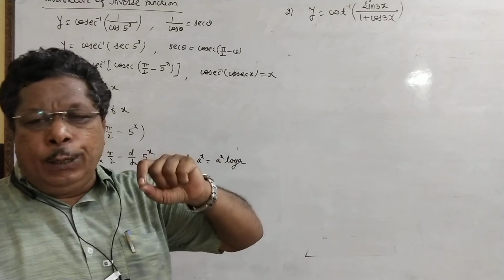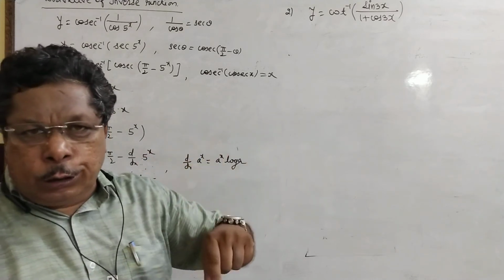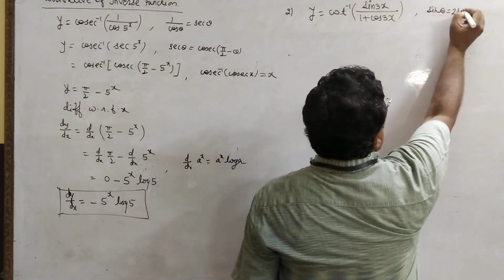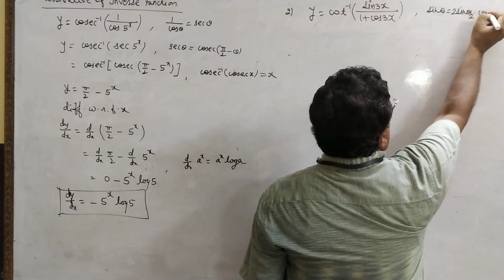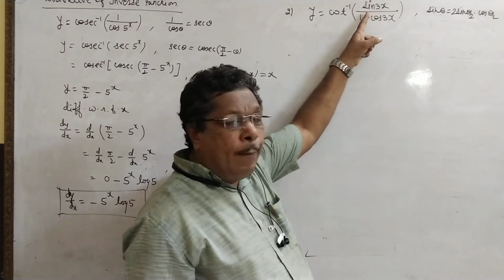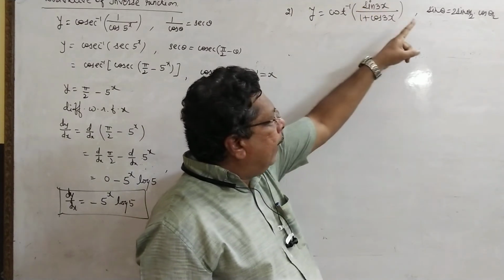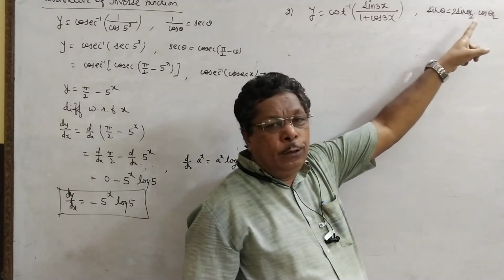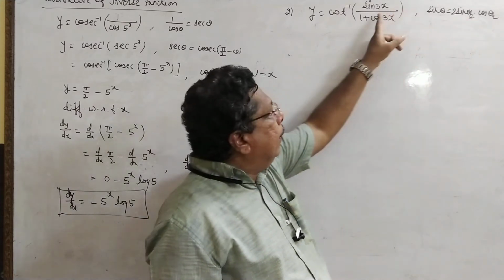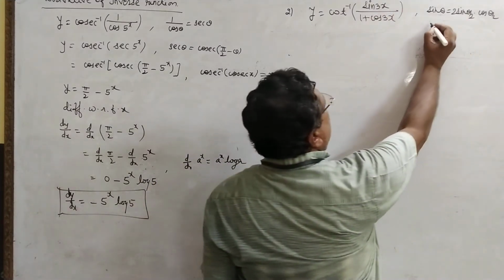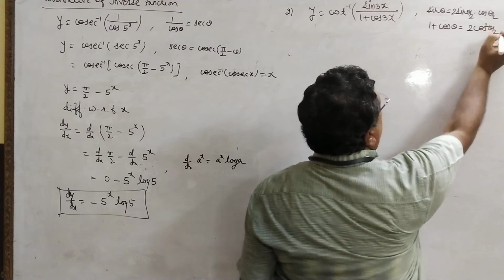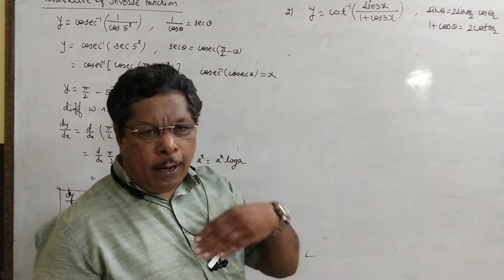We know that sin 2 theta is equal to 2 sin theta into cos theta, so sin theta is equal to 2 sin theta by 2 into cos theta by 2. What is theta here? Theta is equal to 3x. So the value of sin 3x is equal to 2 sin 3x by 2 into cos 3x by 2 by using this formula. In a similar manner, 1 plus cos theta is equal to 2 cos square theta by 2, by using the value of cos 2 theta for half an angle.